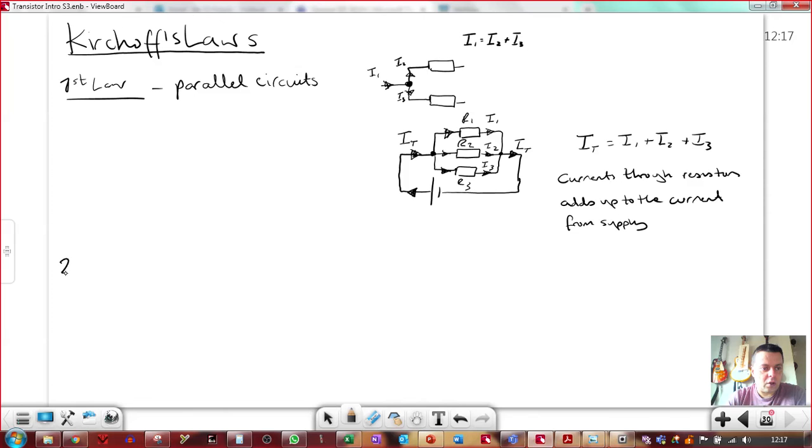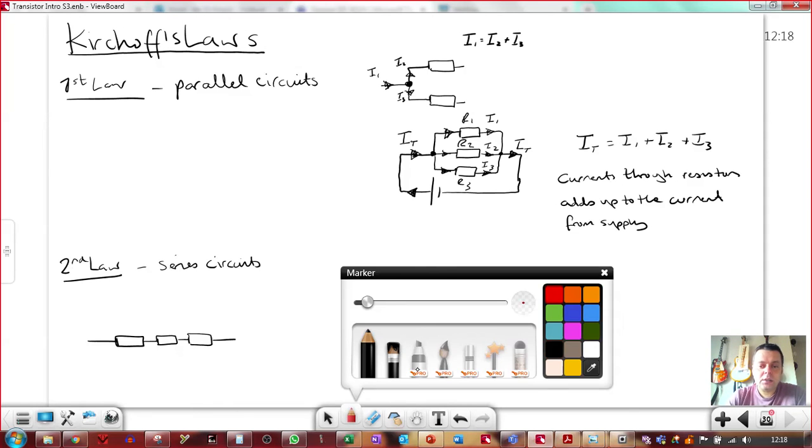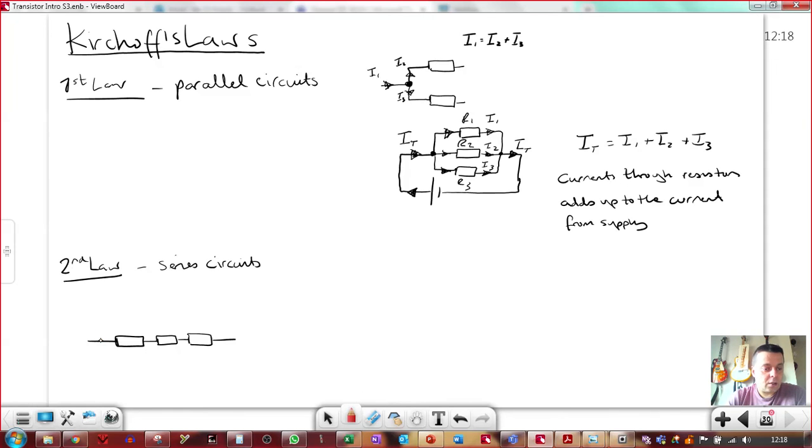His second law is in series circuits. So remember, in series circuits there only is one path. Yeah. And in series circuits we're talking about voltages. So what we would say is